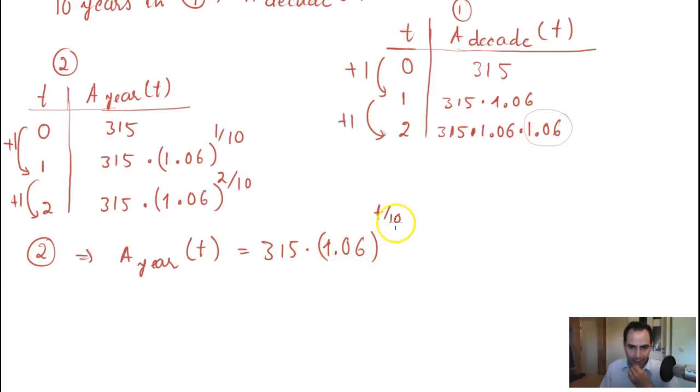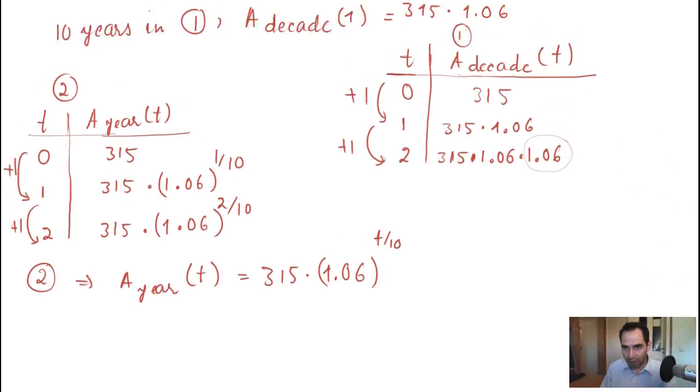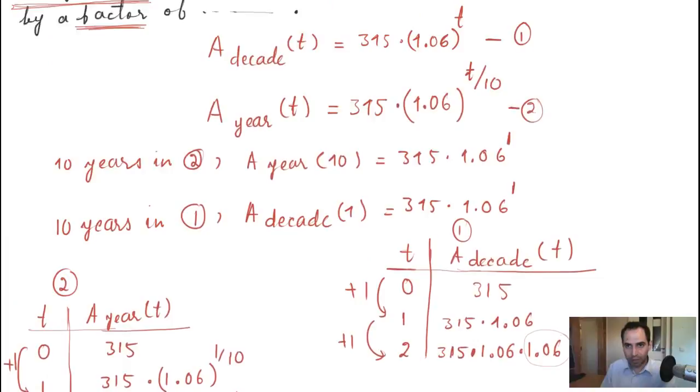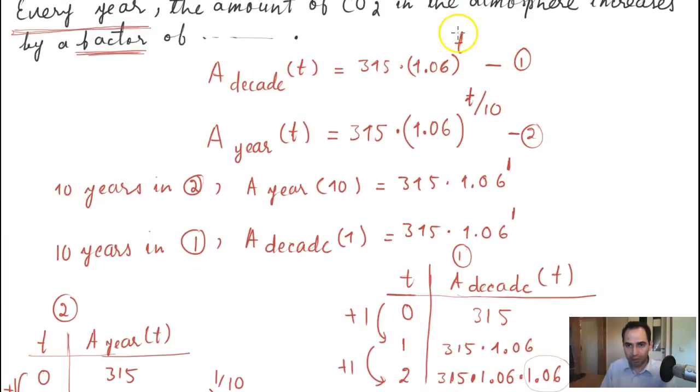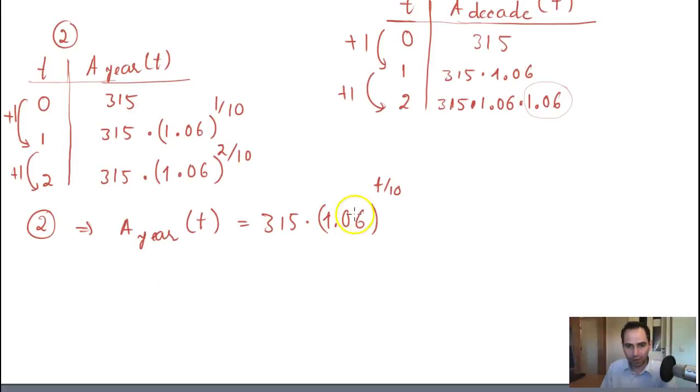Now I can, so if I want to have the same result here, then I would have to have the same type of function, which is basically like this, only having the variable as the index of this common ratio, right? So I need to do the same thing here. And here the problem is that the index contains a constant as well. So here I have 1.06 raised to the power